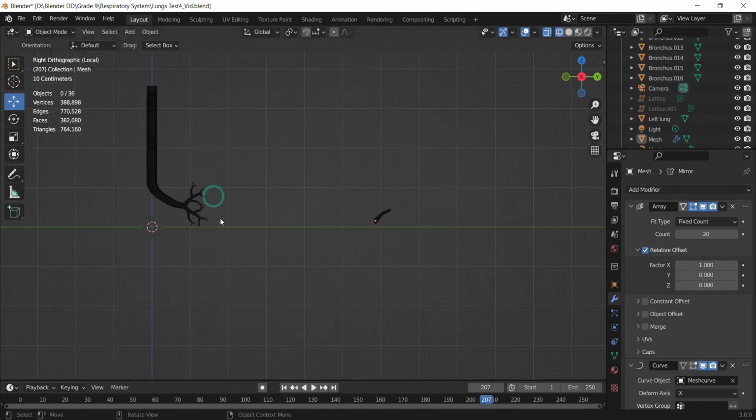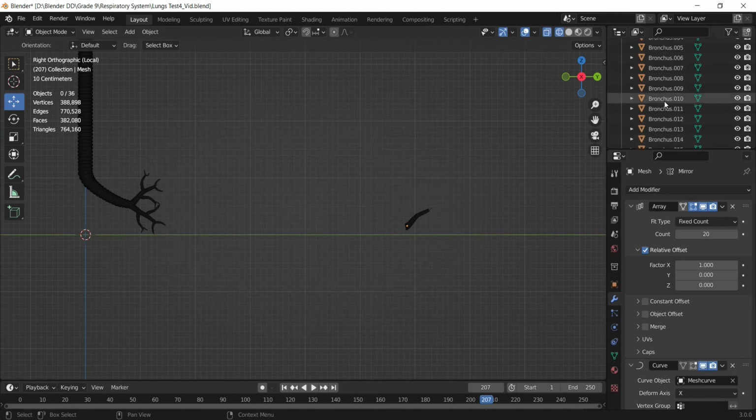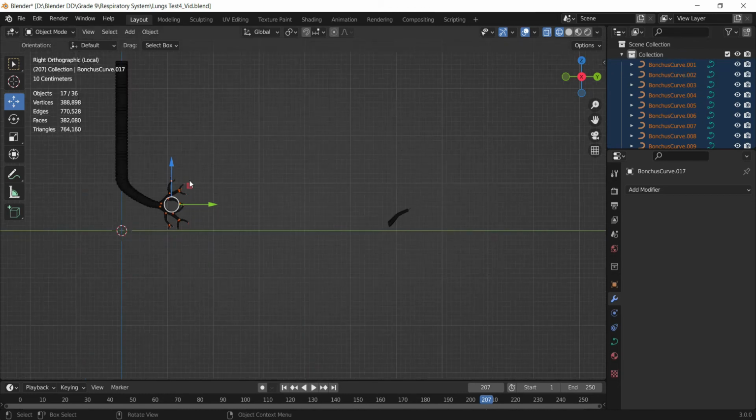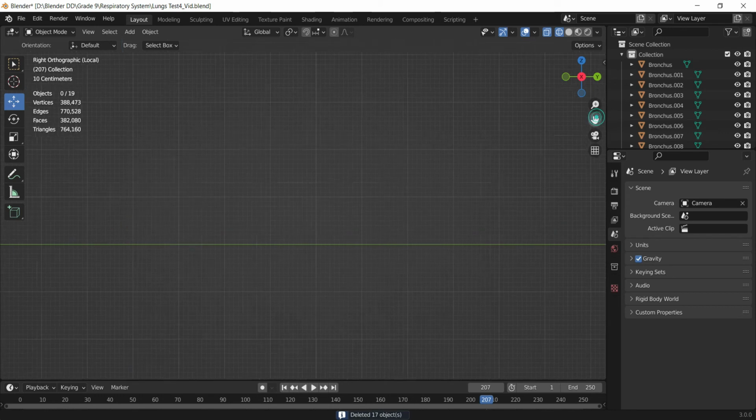All right. Now the remaining curves I'm going to select from here till here. These ones are the unwanted ones. We can simply delete them. Perfect.